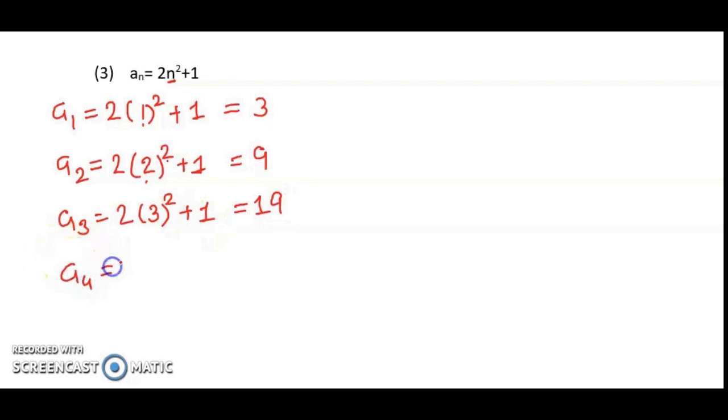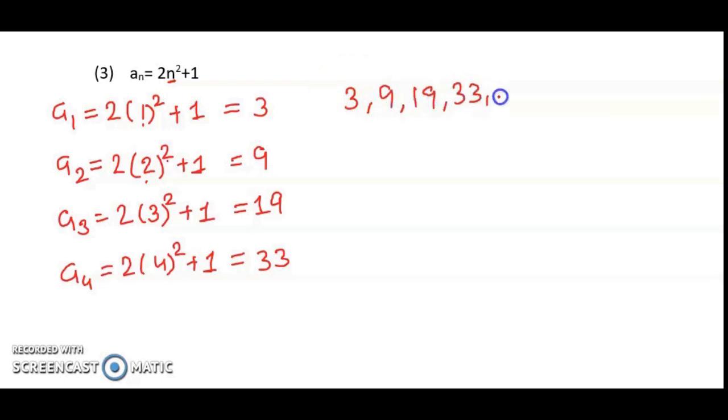Same way the fourth term we will put 4 in place of n. This is 4 square, that is 16, multiplied by 2, 32 plus 1, that is 33. So here we get the list of numbers 3, 9, 19, 33 and so on. So here you can observe the difference between second term and first term. Second term is 9 and first term is 3, so difference is